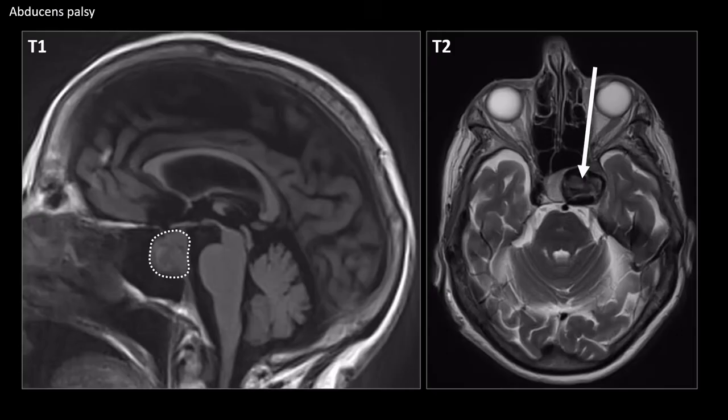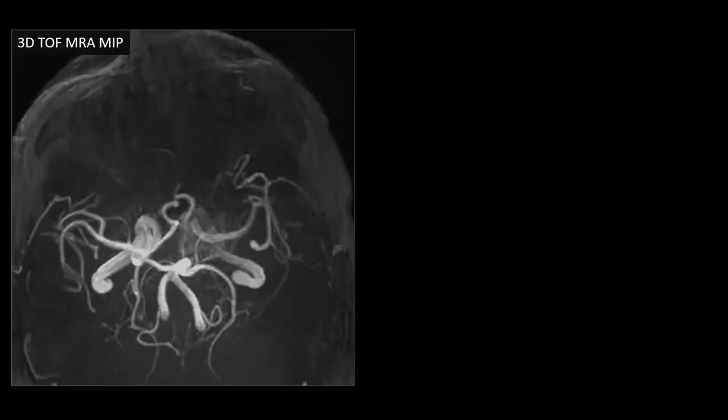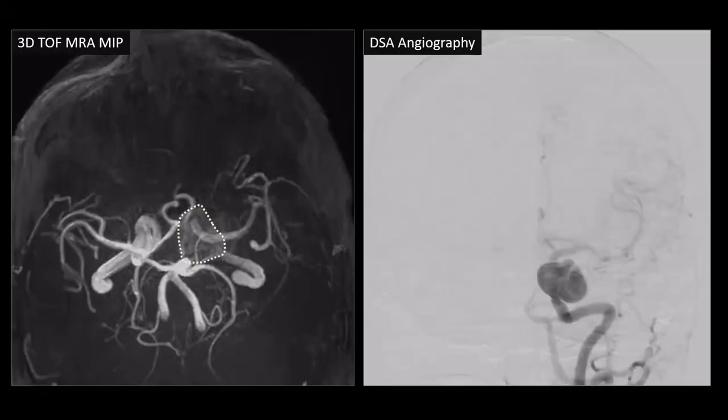What is it exactly? Well, if we assume it's a vascular lesion, maybe we need to do vascular imaging. And what do we see on the TOF angiography? We see that there is an increased signal over here. And on this classical angiography, we see that this is actually a large aneurysm of the cavernous segment of the